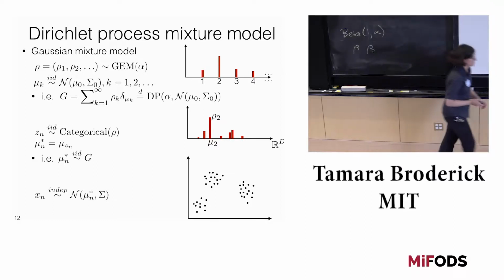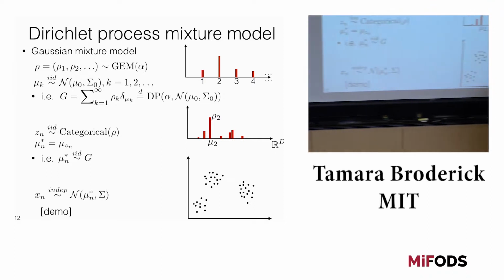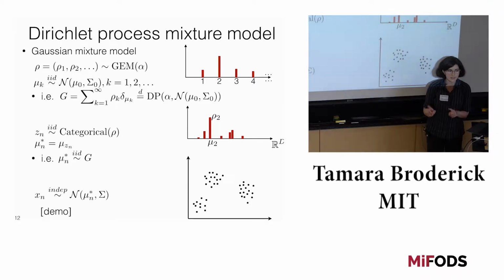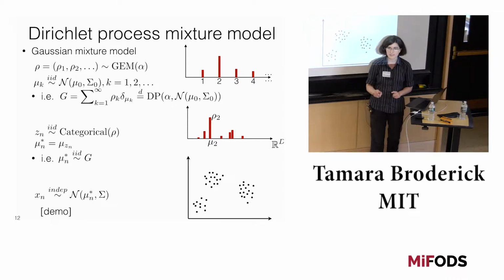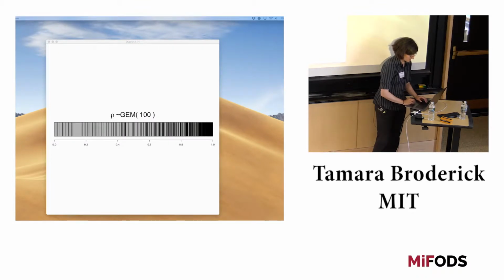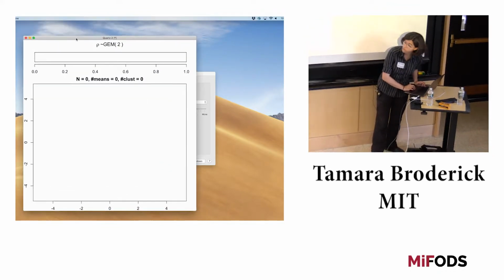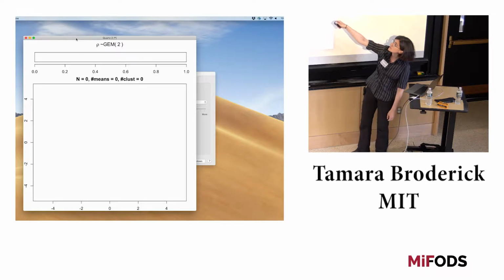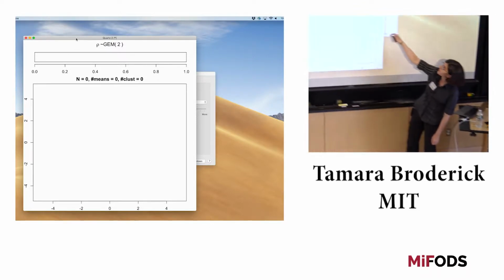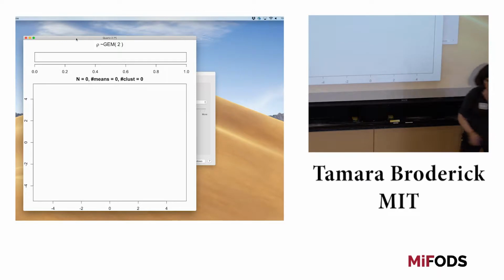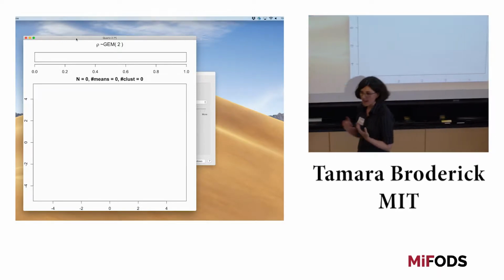Okay, so let's see what this looks like. In particular, one of the main questions we want to keep in mind is how could we actually draw from this in practice without ever having to draw an infinite number of things? Because that would be a problem. Okay, so there's a few things going on here, and what I want you to do first is just look at the top. Don't worry about this big bottom square. The first thing I'm going to do up at the top is draw from a GEM2, so the alpha parameter is 2.